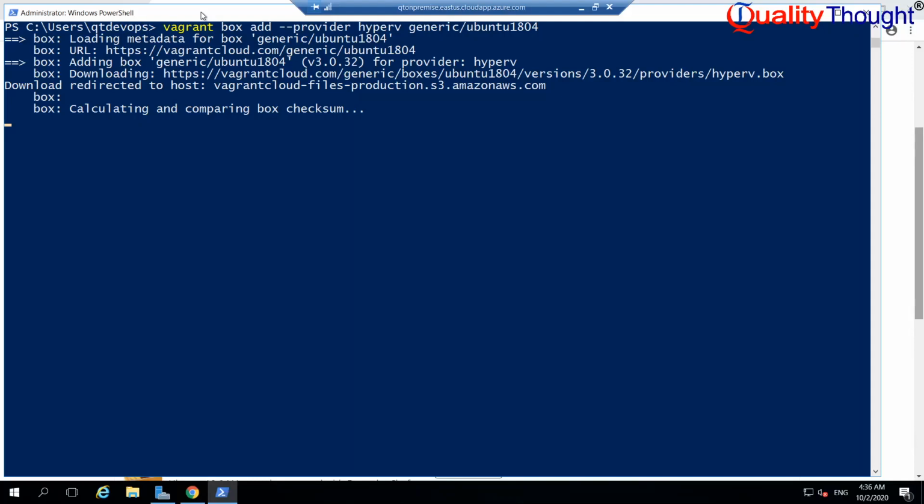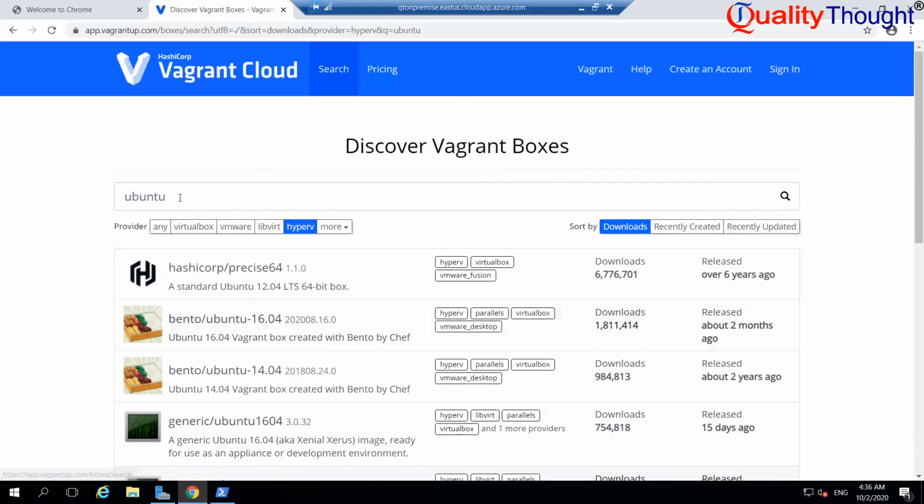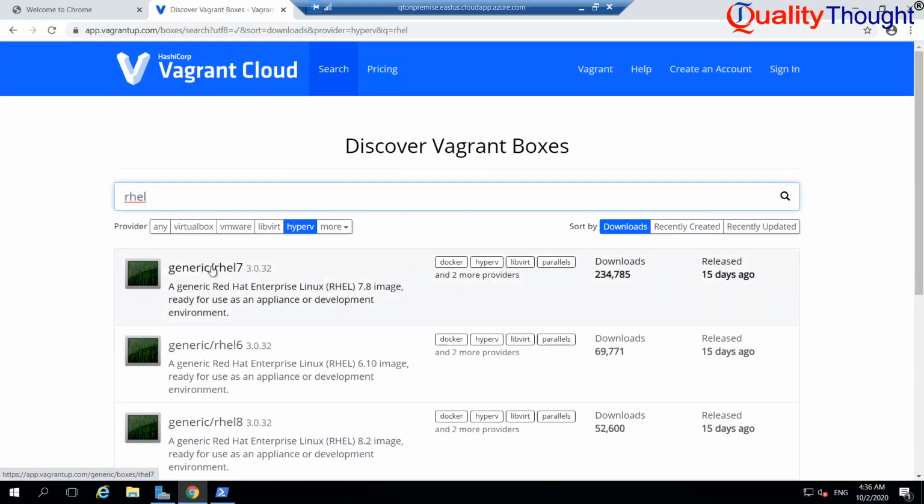So we are just getting our virtual machine creation simplified. Now we might need one Red Hat, so I'll go over here and search for RHEL. So generic RHEL. This is the name which we need to add.